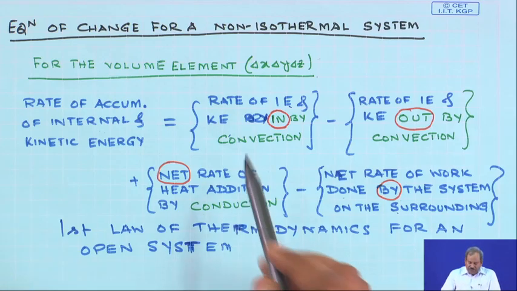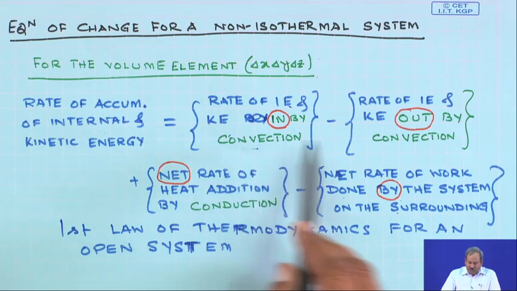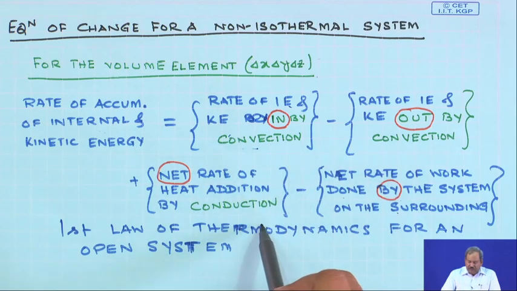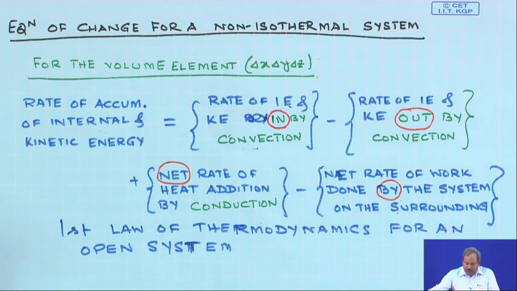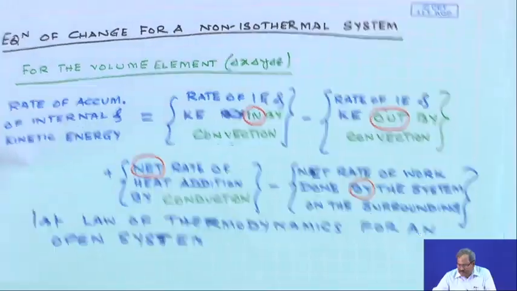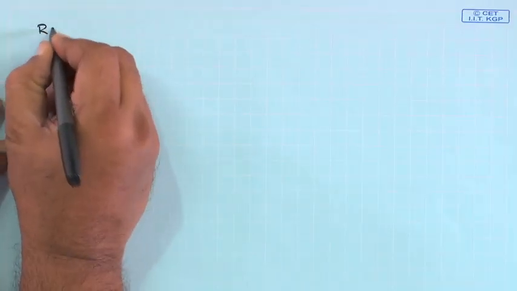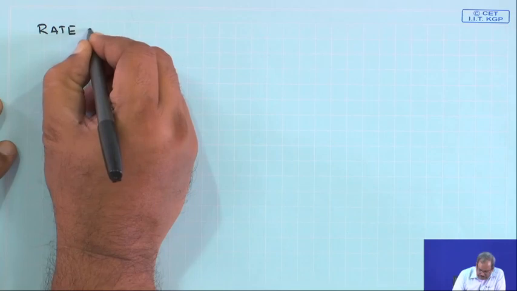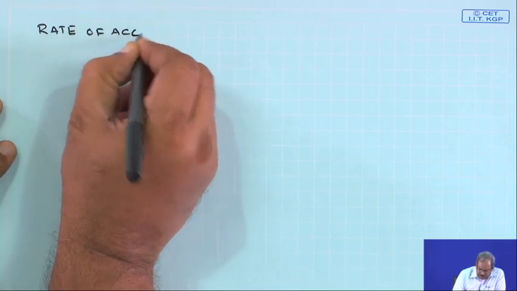But first of all, we have to identify what would be the terms for convection, for conduction, and the rate of work done by the system or on the system. So, we will go term by term and see how they appear in this equation. First of all, let us see what is going to be the rate of accumulation